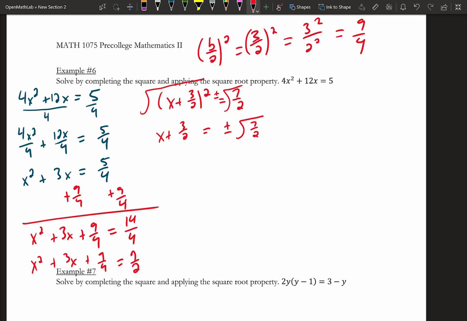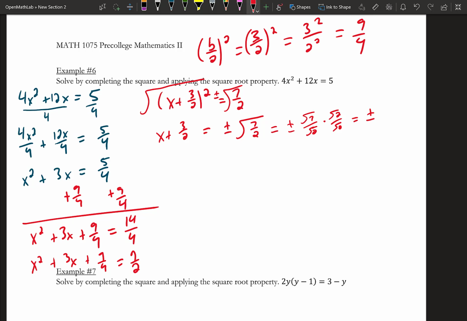So I want to simplify this. Remember, I can take the square root of a fraction, but we don't want a fraction in the radicand for it to be simplified. So this is equal to plus minus radical 7 over radical 2. And then I can rationalize the denominator, which gives me plus minus